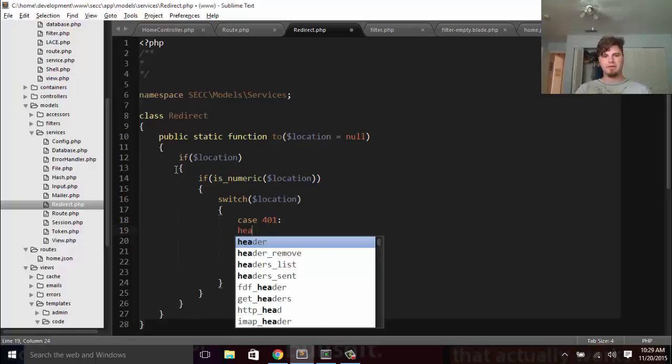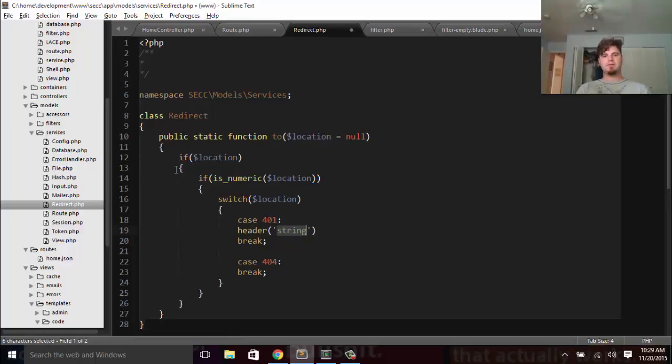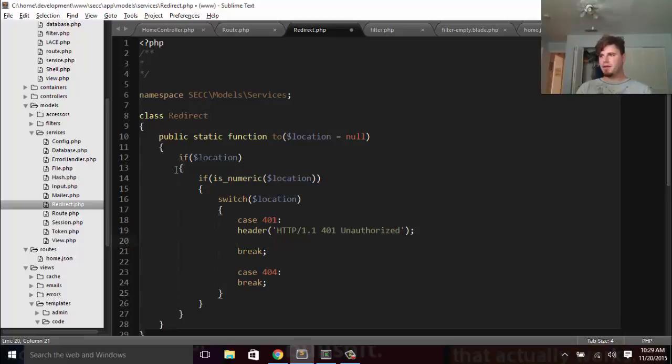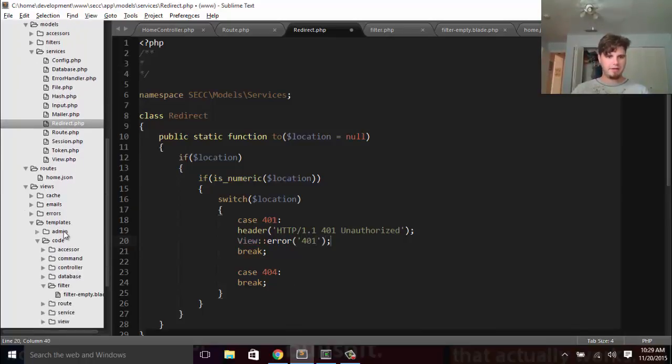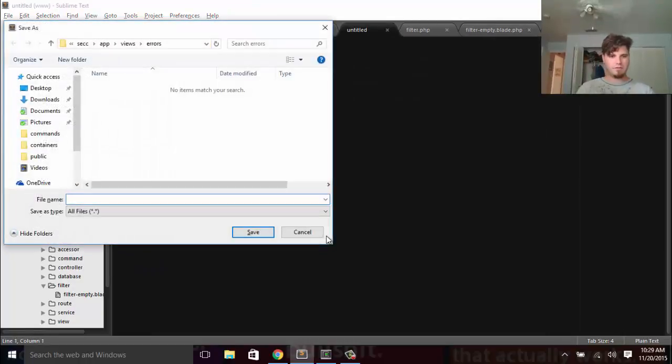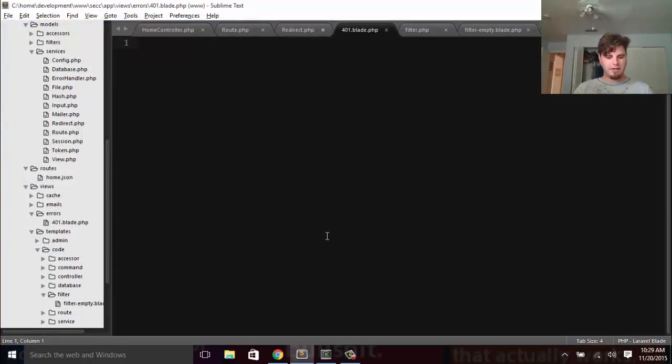So we'll use the header function, and we'll throw a HTTP 1.1 401 unauthorized error, and we'll use the view error function to send it to a 401 error. So that means that we need to make a 401. So we'll say 401.blade.php. And in here, I'm just going to do an h1